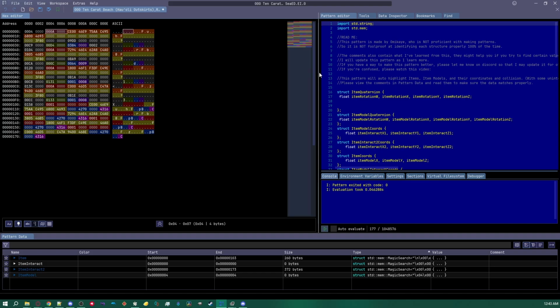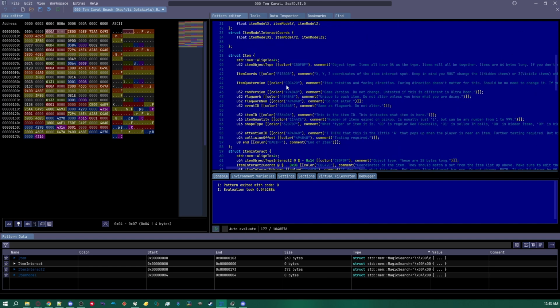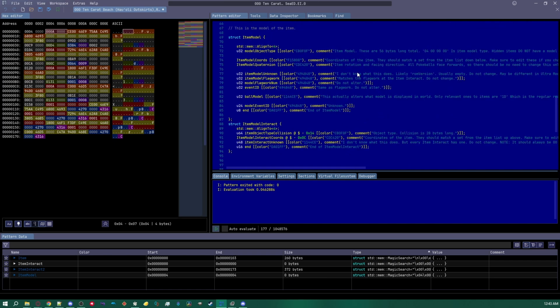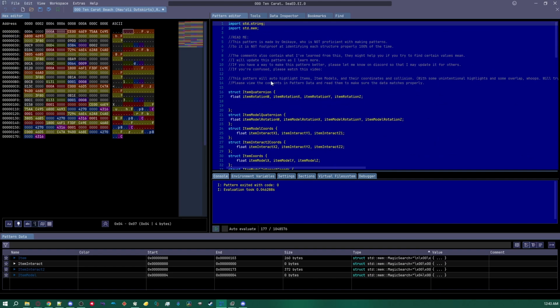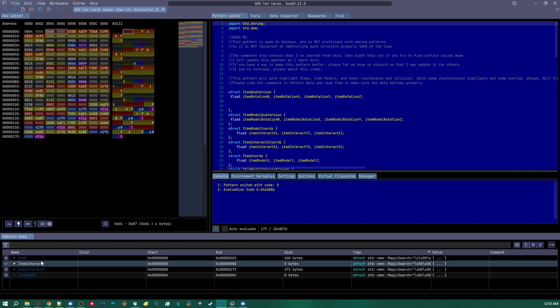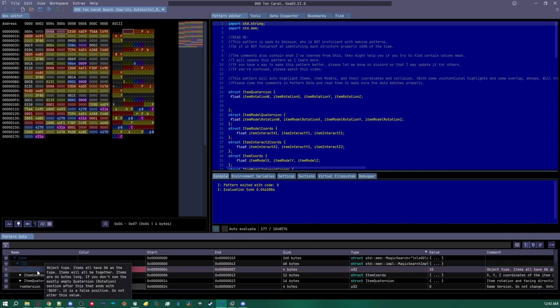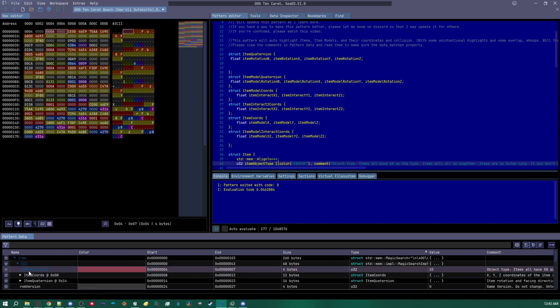Either way, I have made a whole bunch of comments in the pattern that tell you what things do. So for example, you don't actually have to look in the pattern editor, except for these comments, you do. But here in pattern data, which is another workbox that you can check, pattern data shows everything that has been highlighted by the search. So, for example, we have a bunch of items, each a certain number of bytes long. We have item 0, which starts here,